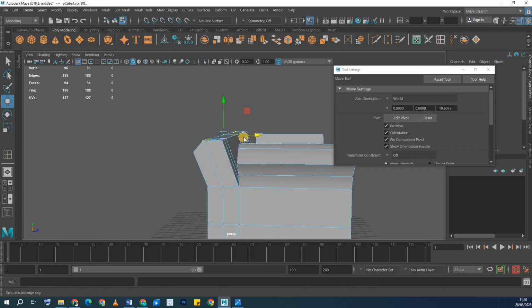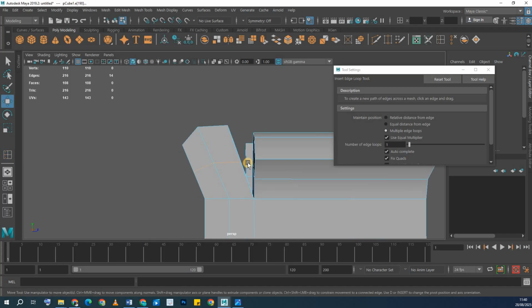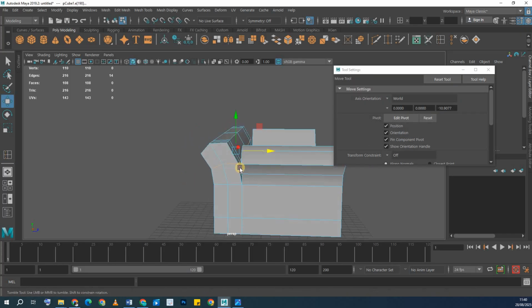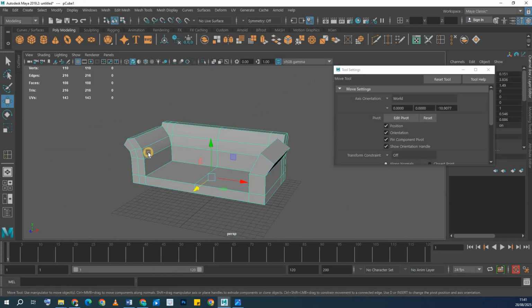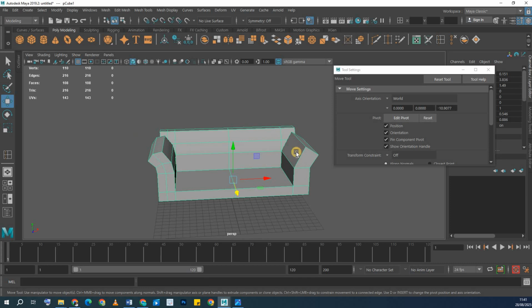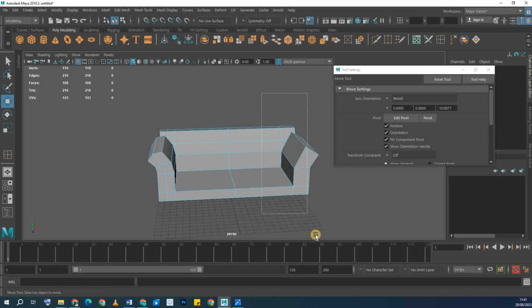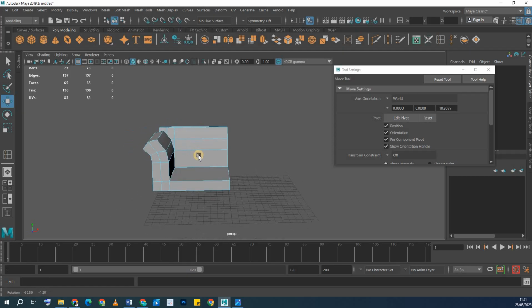Then also I can add one here in the middle here, and then I pull it a bit back up like this, so that it feels like it's bending. Now this side I haven't fixed, so I don't have time for that. What I'm going to do, I'm just going to go back to faces and delete off this section, and delete off these sections,